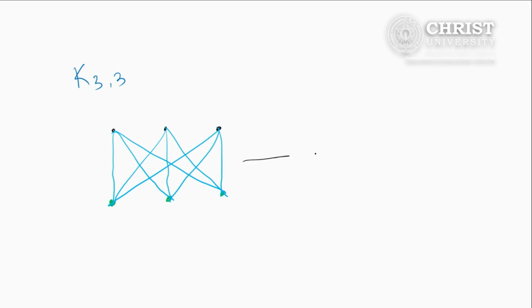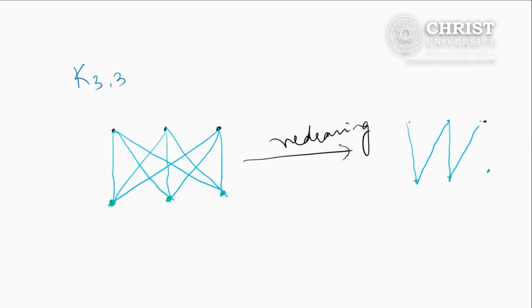Now, we will see why K3,3 is a non-planar graph. We are going to talk in an informal way. First, we will notice that graph K3,3 has a Hamilton cycle. Redrawing the 6 vertices, I am going to draw the Hamilton cycle. Now, let us redraw the same graph without edge crossing. Here we can draw the same graph without any crossing edges.